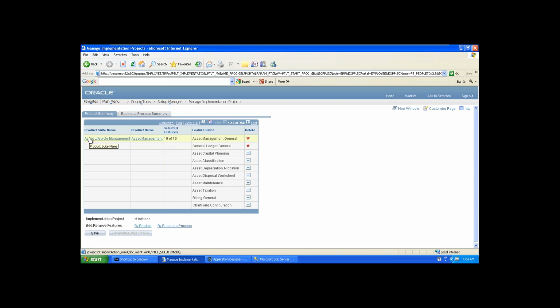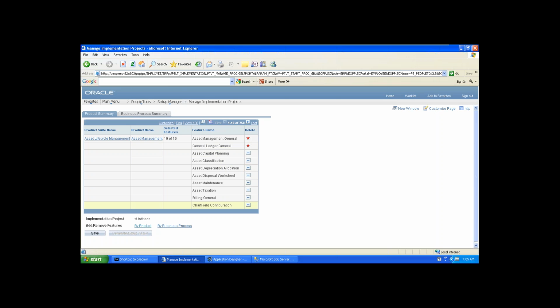This is the module name, asset lifecycle management, okay? And these are all the features. In this module, these two are the mandatory features. You cannot delete them. The rest of the features you can delete, so that the setup tasks associated with those features will be removed from your list. They won't be generated in your list. That's what I'm saying. You got it?